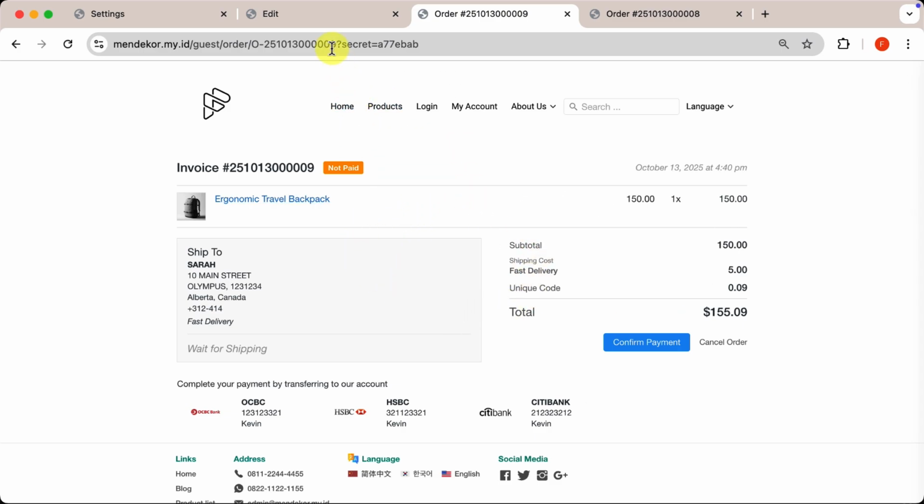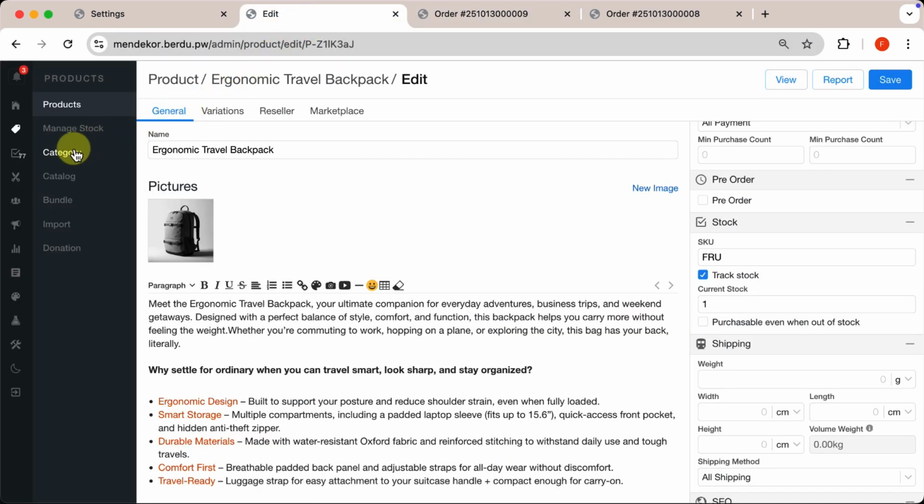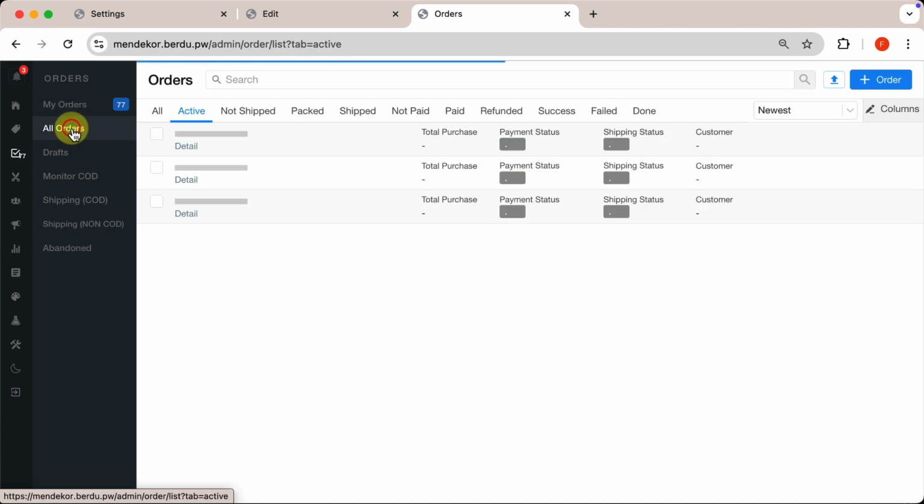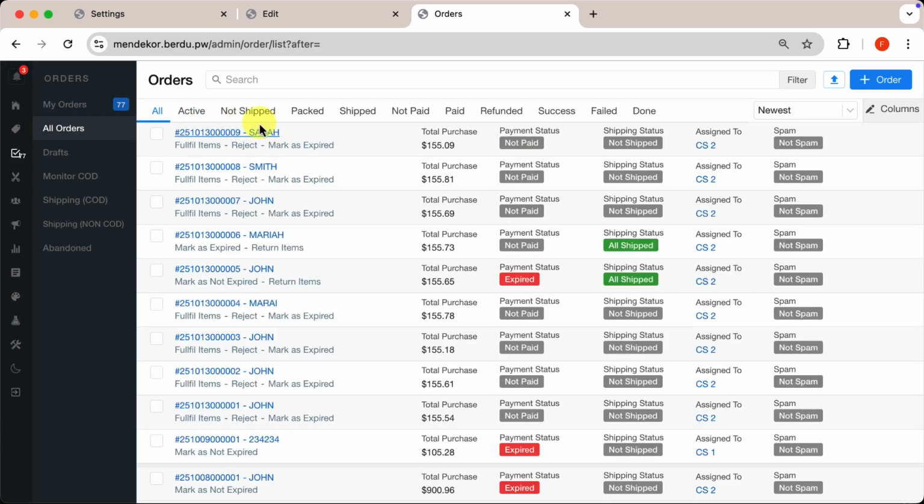Next, let's try shipping the first order. Close the invoice page first, then open the Orders menu in a new tab. Here's the order we just created. Open both orders in separate tabs.